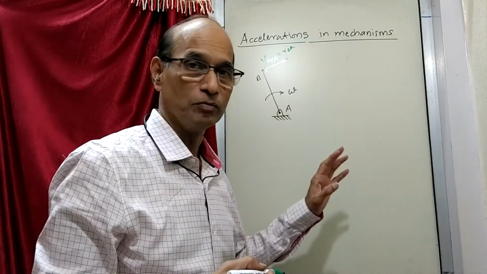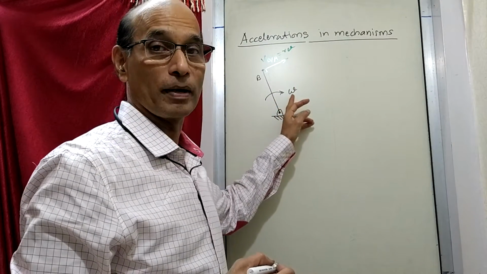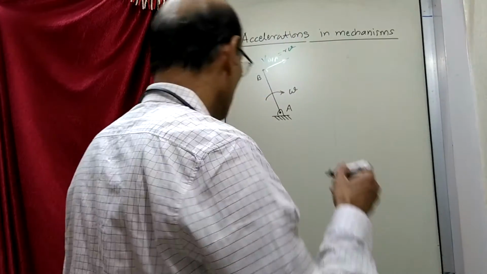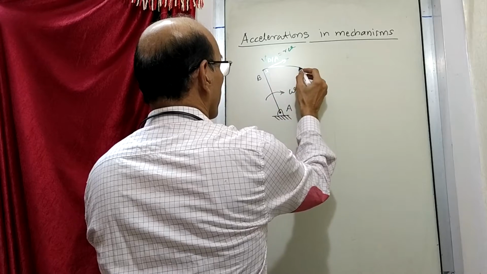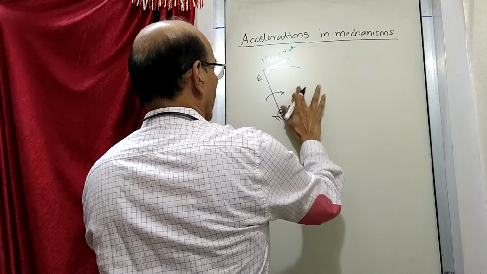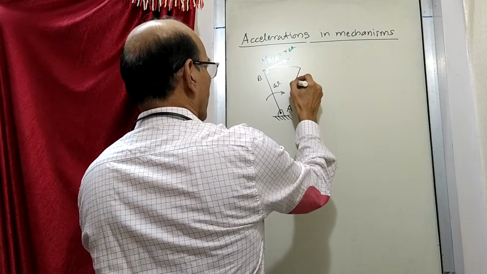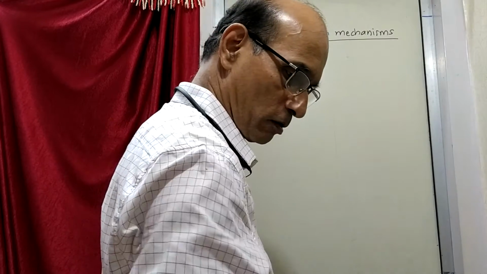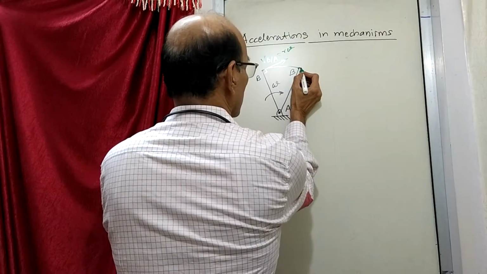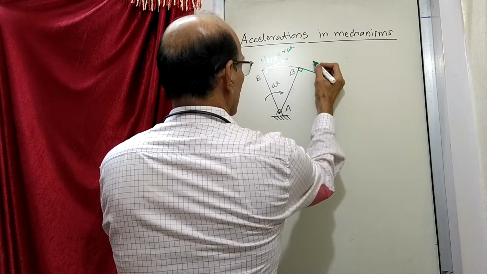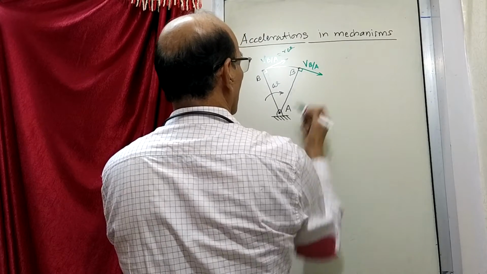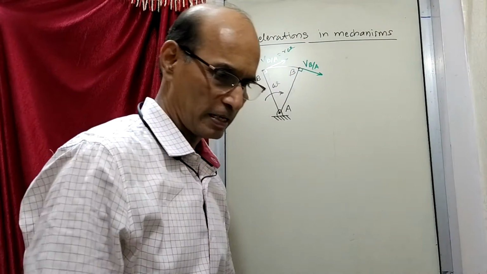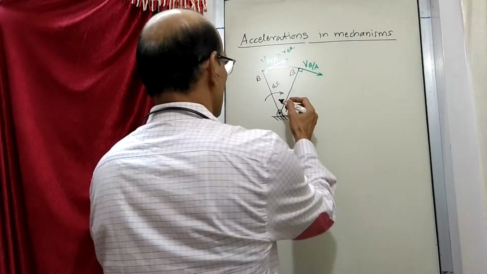Now initially let us assume that this angular velocity omega is constant, that means it is not going to change. That means after a certain interval of time, this link will go, let's say, here. So this point B has come here, and now the velocity of B is like this, after a time interval t. Okay, and then it has moved a certain angle. Let's say this angle that is moved is theta.